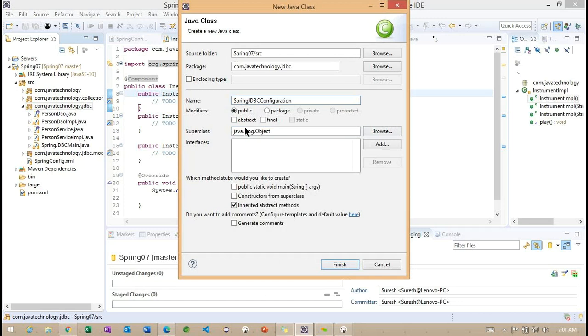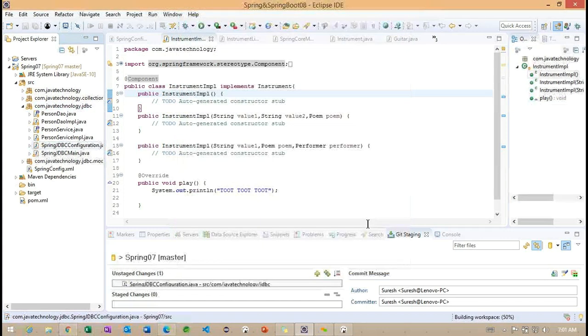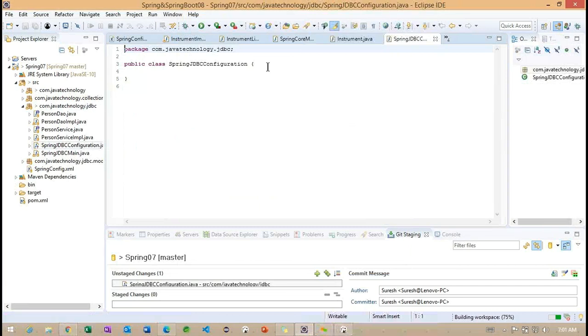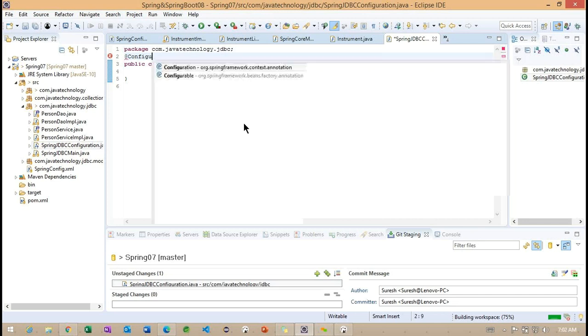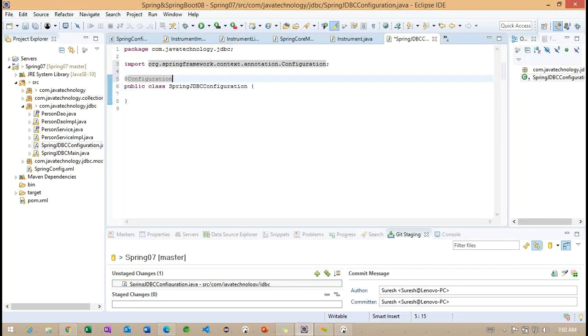So Spring JDBC configuration class we are going to work on. So this is the configuration class, we'll work on it. Inside this particular configuration class, we'll specify